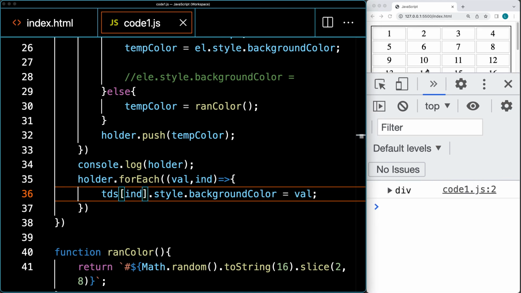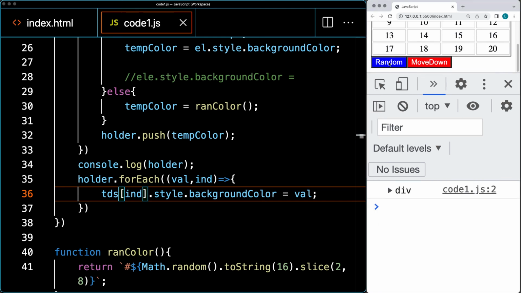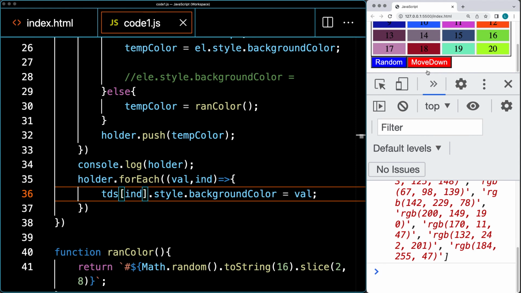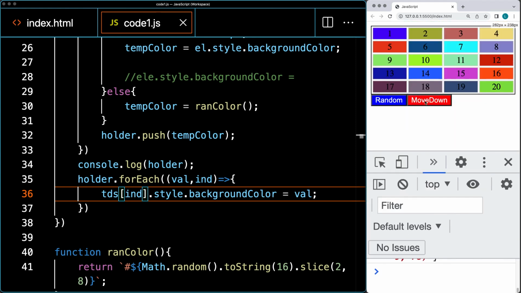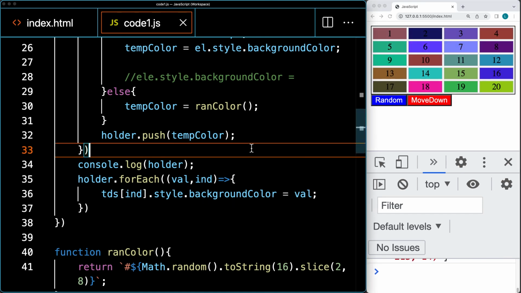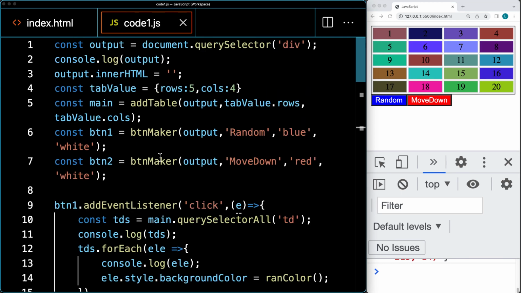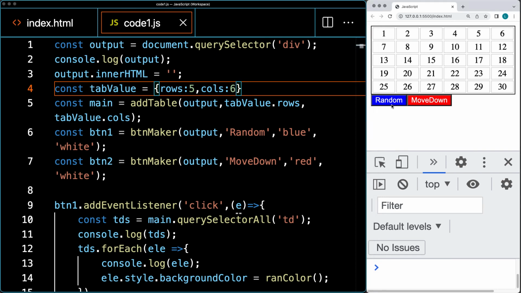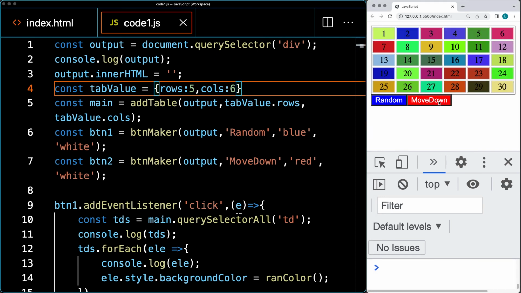So that's where we're throwing the error. Let's apply the colors, clear, and so now it should be moving the colors down one row. Let's update the number of columns that we have and see if that still is going to work. So let's do 6 columns, random, and so now we're able to move the color down one row, which provides us this type of effect